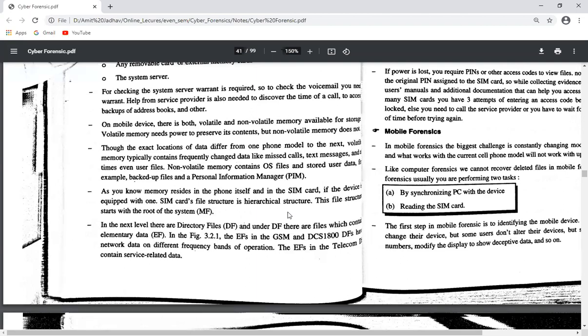Second problem is related to text and SMS messages. It is very difficult to document unread messages. In such a situation, using tools that take a picture of each screen can be important. This screen capture can provide extra documentation. So the second problem is the forensic tool cannot read the unread messages. It can read only the messages that were read by the user, so it's difficult to get that data also. So these are some problems that occur while reading the SIM card.